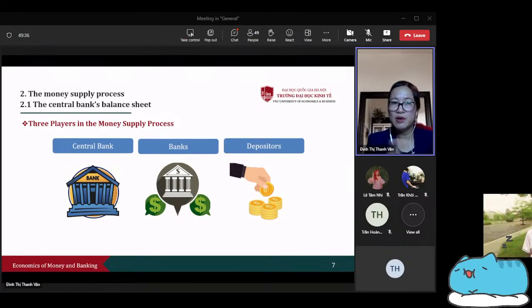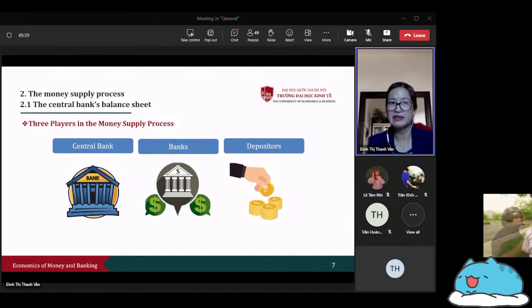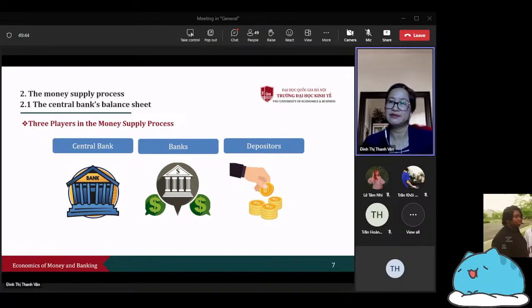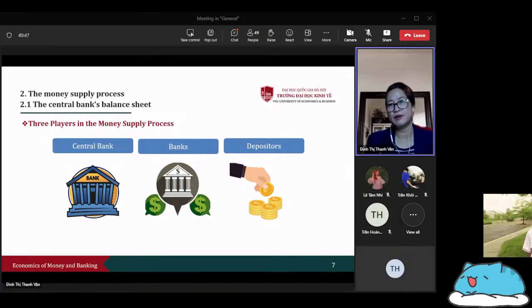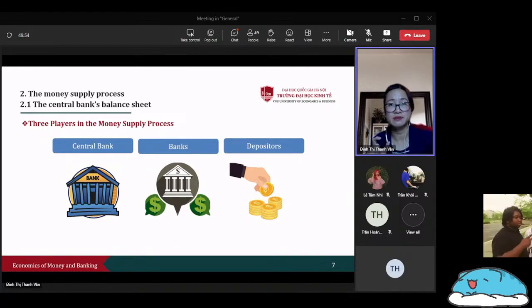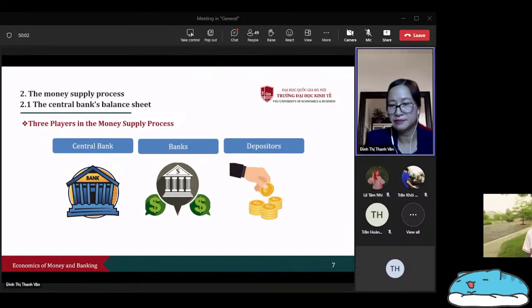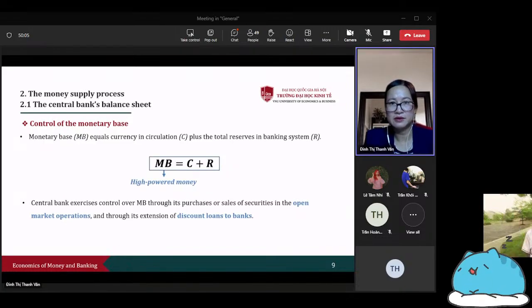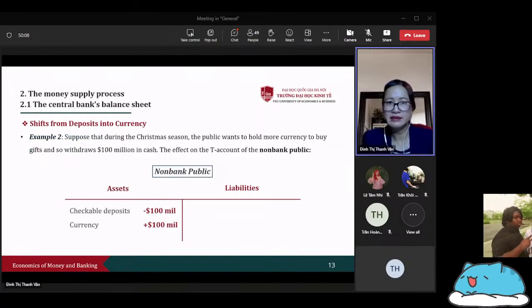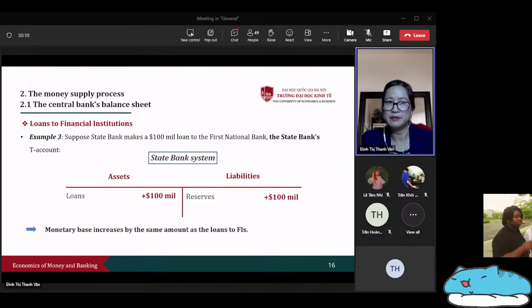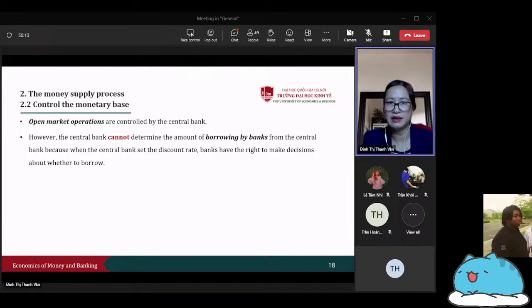Okay, so those are the three players in the money supply process that you need to remember, and each of them has certain roles. If you look at the equation that Group 4 just presented, we can see that all three players are important in the money supply process. Okay, in the simple model that Group 3 already presented, we already know that